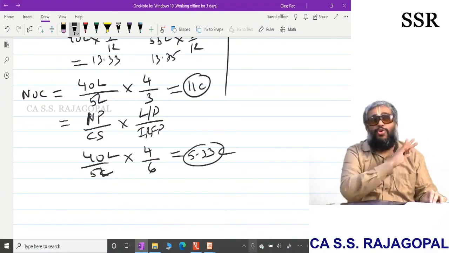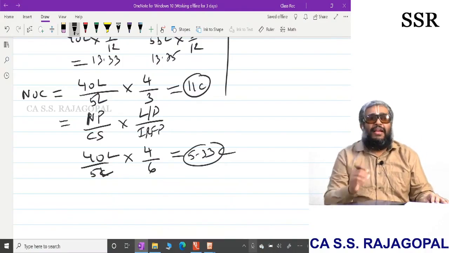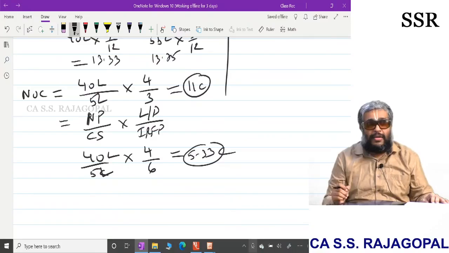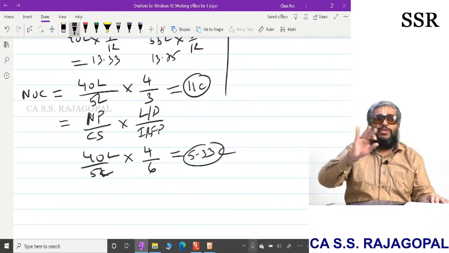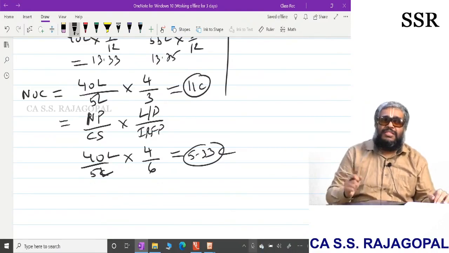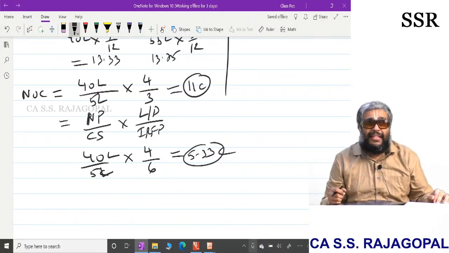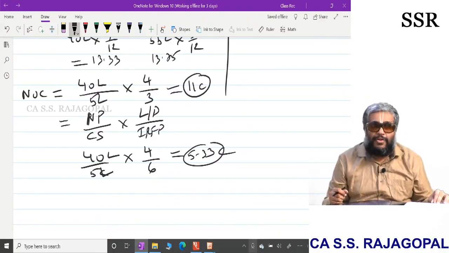Everybody understanding? Don't write anything, friends. We will do this sum in the notebook, not in the classroom notes. No space is given for this sum. We should do this sum in the notebook. I will give you the notes at the end of this particular sum. But can you all start doing it together or not?